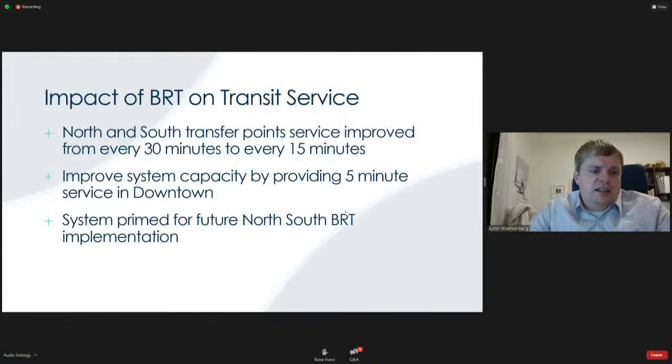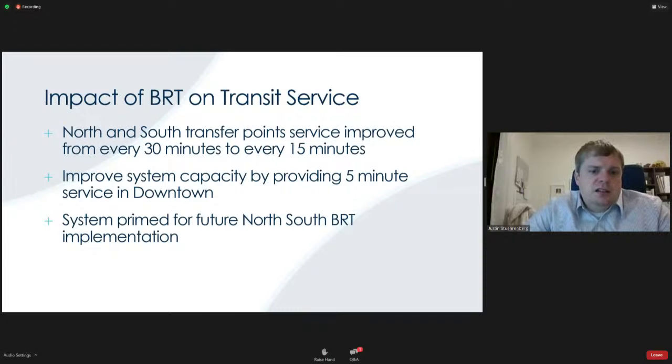Big thing here is that obviously there's a big service improvement in the BRT corridor itself, but there's also a big improvement to the north and south transfer points, where service would be going to every 15 minutes instead of every 30 minutes. And we'd be providing that really high capacity section there between campus and the square where there's several route patterns overlapping each other. And then a big deal as well is that, in the future, we expect to build a